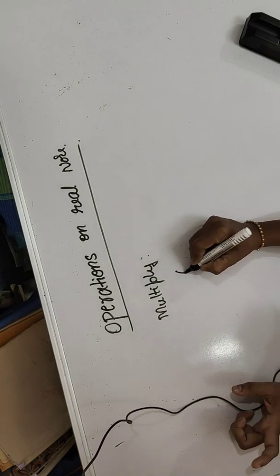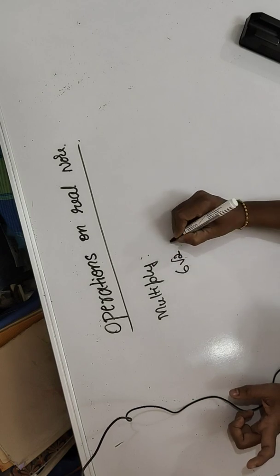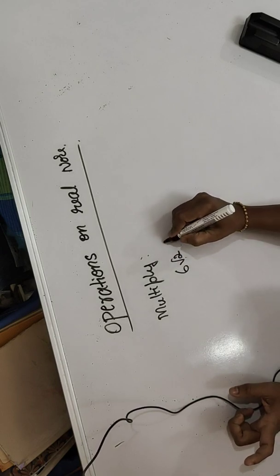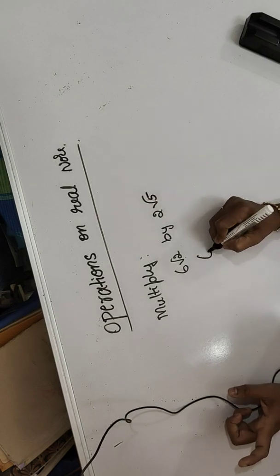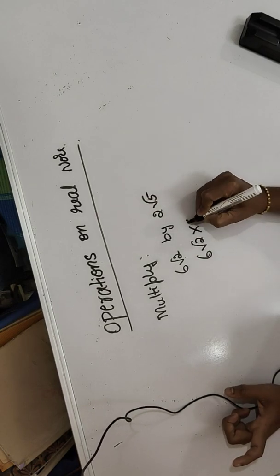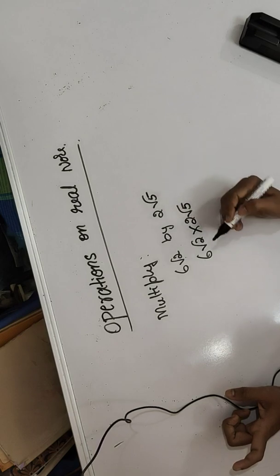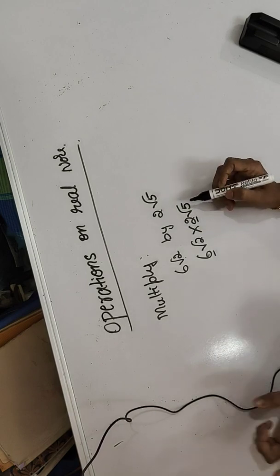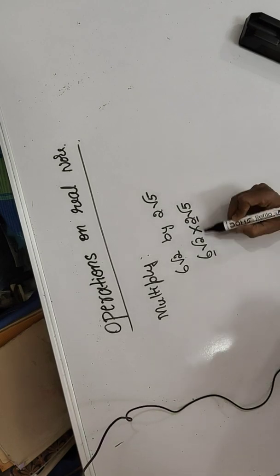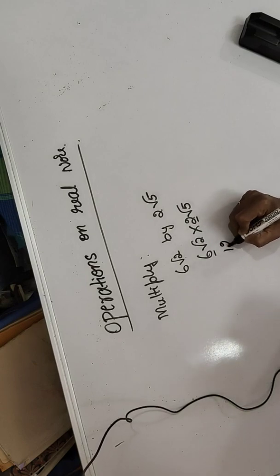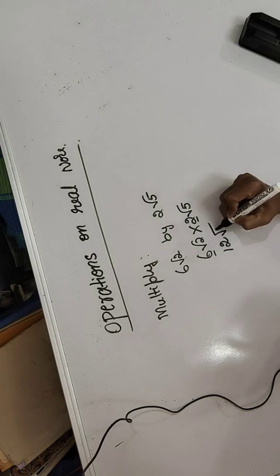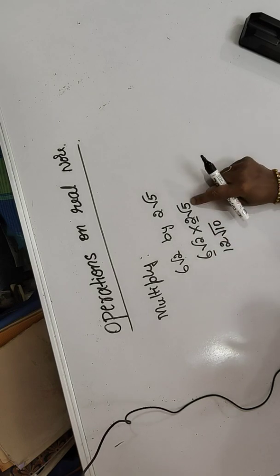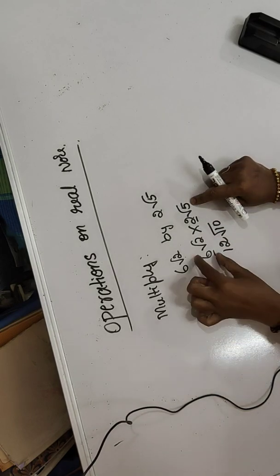For example, multiply 6 root 2 by 2 root 5. See, 6 root 2 into 2 root 5. In multiplication, what is the condition? Outside numbers you have to multiply outside only. Means whole numbers, 6 2s are 12. Root inside number and root inside number only you have to multiply. You cannot multiply 6 into 5. That is wrong. Okay. Whole number for whole number only.